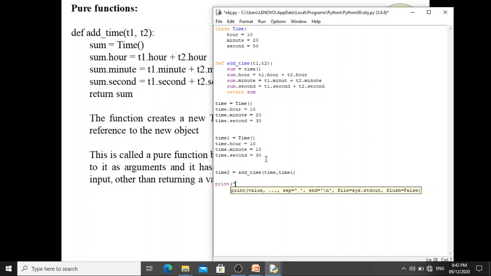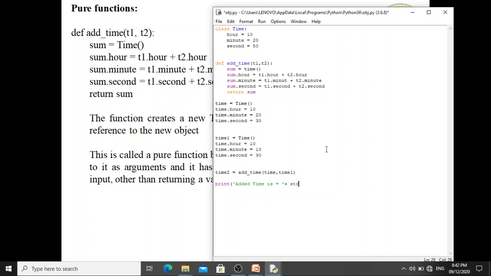Okay, so I'm going to print these values. Added time is equal to plus. So in the format itself we'll add str of, sorry, so I've added the double quotes, right? So let me remove this, and it is good practice to use the single quote.